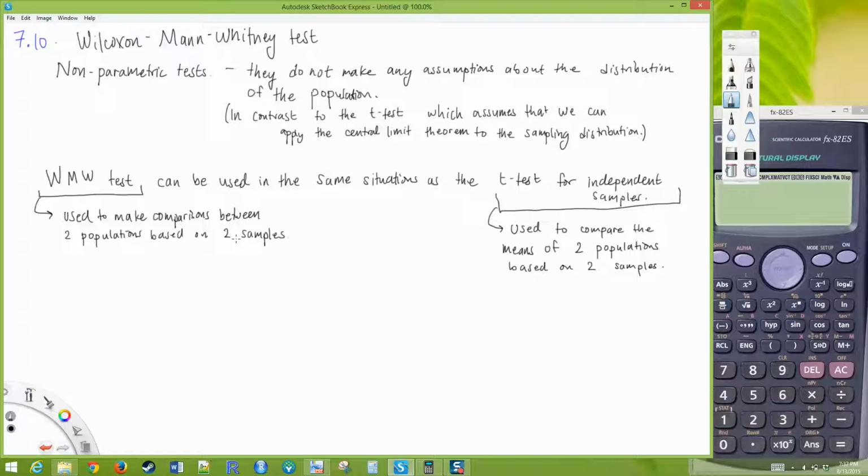That's what we're saying. And so, I'll get into what the null and alternative hypothesis for this is going to be. But so at a practical level, practically speaking,